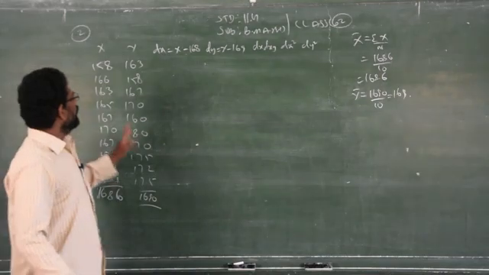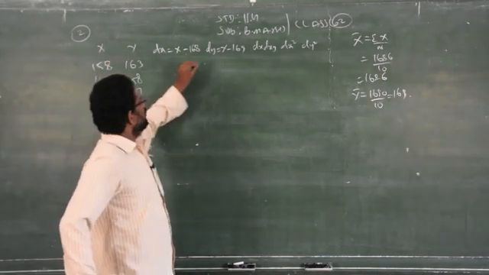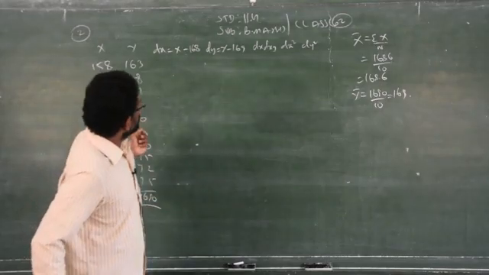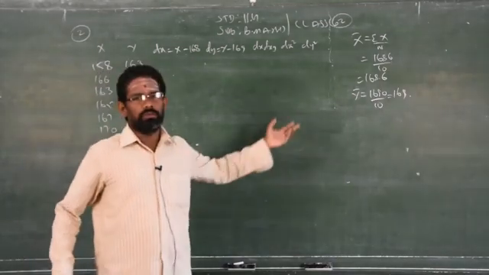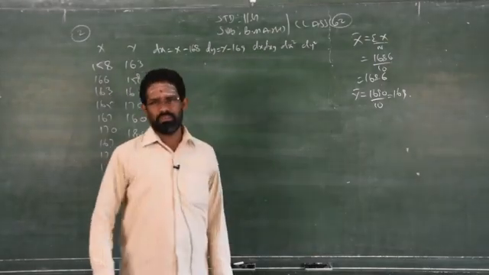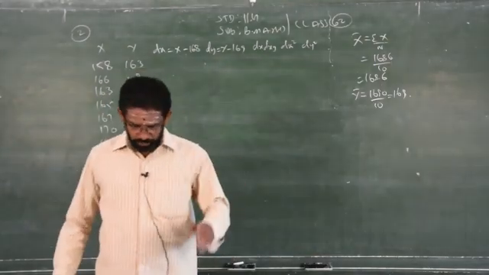Clear? If it is the direct method, x square, y square, xy, three columns are enough. But if you go for the deviation with the mean method or deviation with assumed mean, you have to open three more extra columns. That is your wish. You can follow any one method.